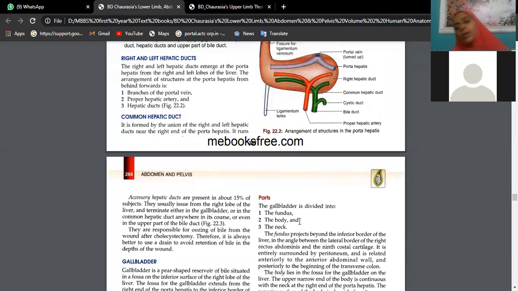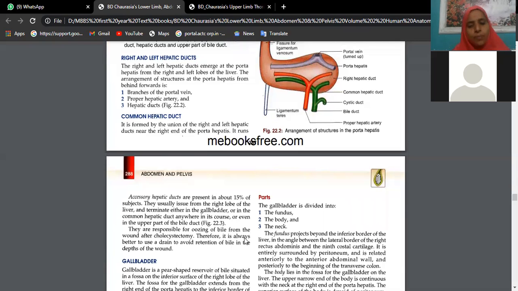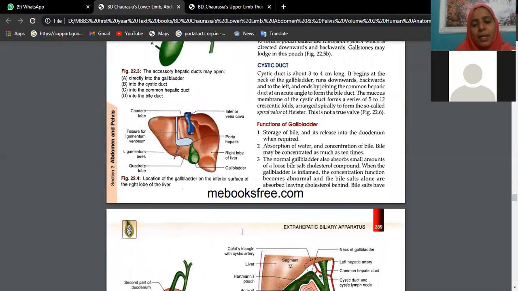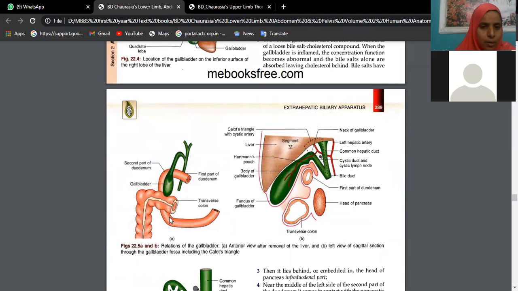Okay, so now the question is, how is this common bile duct formed and what are its course and relations? Now see here, if you just look into this picture, you will see this is the common bile duct which is related to the first part of the duodenum. You can describe it as supraduodenal, above the duodenum; behind the duodenum, retroduodenal; below the duodenum, infraduodenal. Finally, you will see it opening into the second part of the duodenum, beta, along with the pancreatic duct.